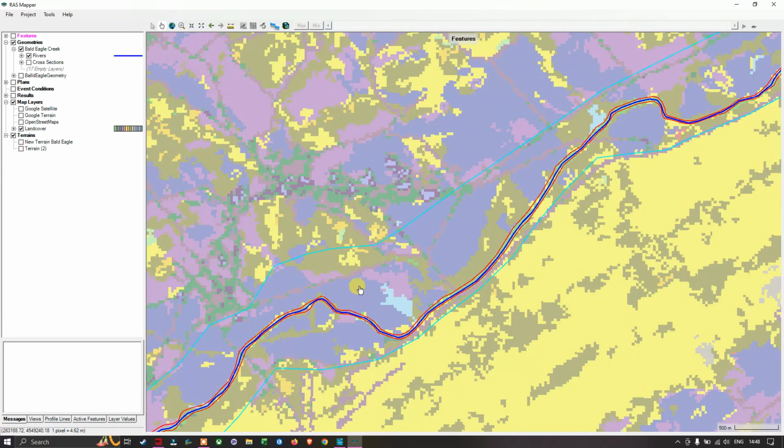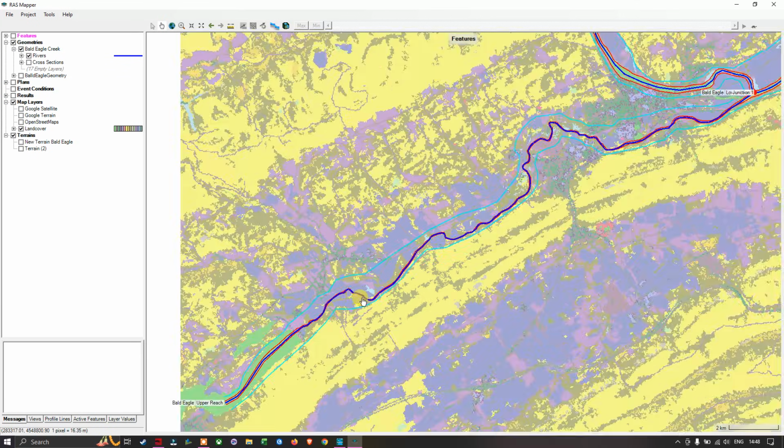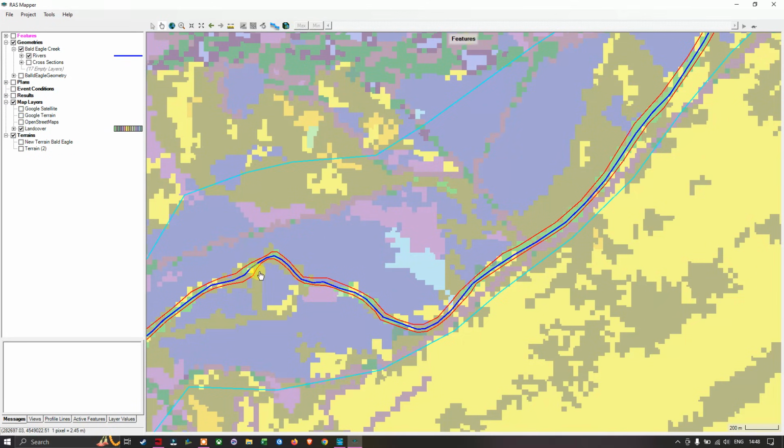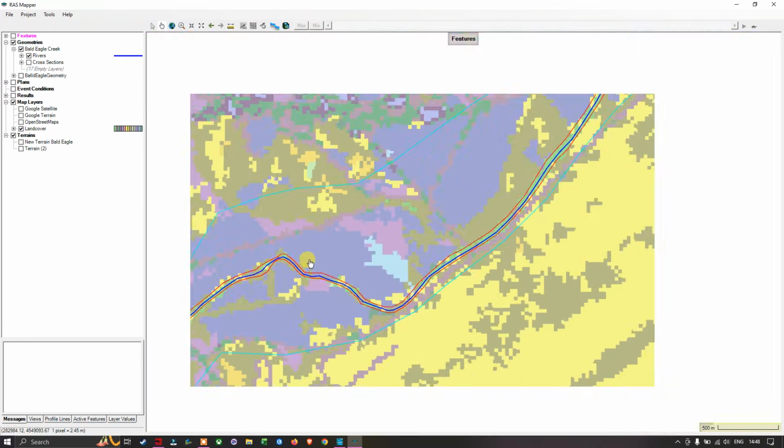In order to do that, we're going to specifically focus on this red line here. Basically, we're going to draw a land cover polygon covering the river channel, which is indicated by the red line, and we're going to assign the n value, the roughness value. To do that, first let me